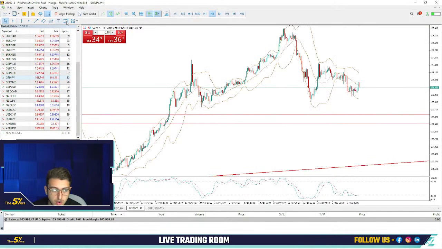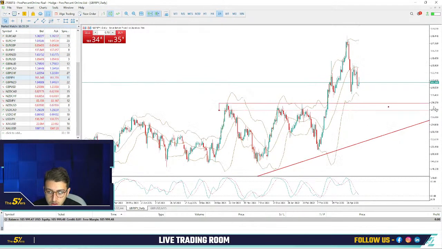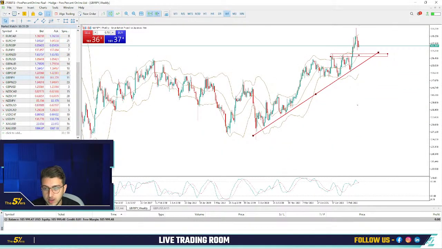Even you see on the H4 that there is a support here. If I want to make a buy, there is a high chance that the price reacts more and makes a movement to that zone especially, and that will be the zone I will be looking at. But I don't expect to make this movement to here this week. This is actually the weekly chart, so I would be looking at the pound yen, but maybe not trading it this week.